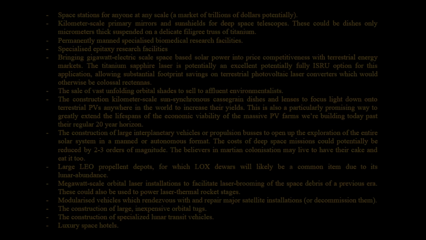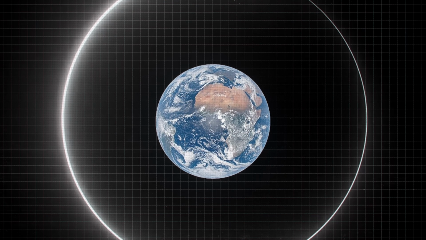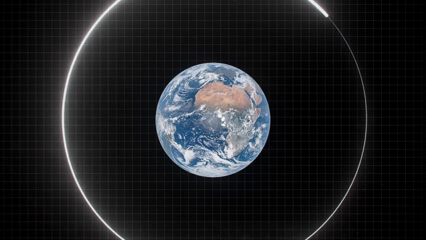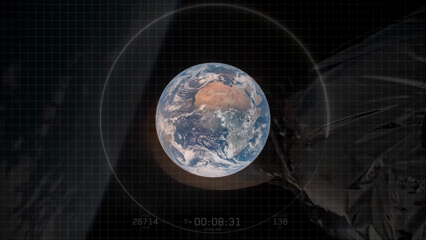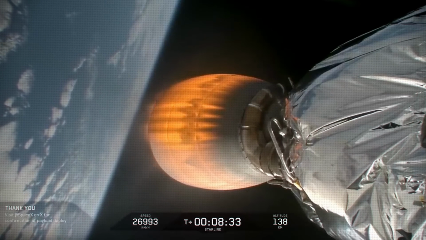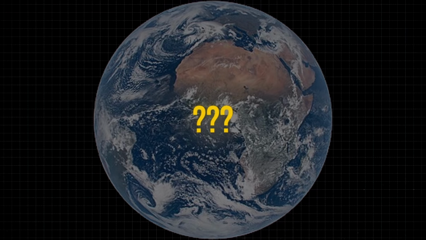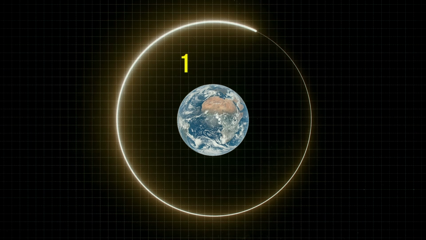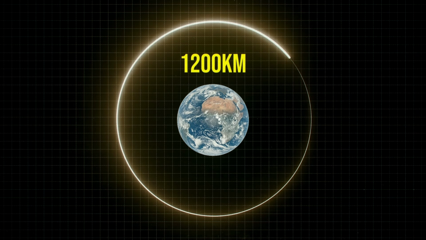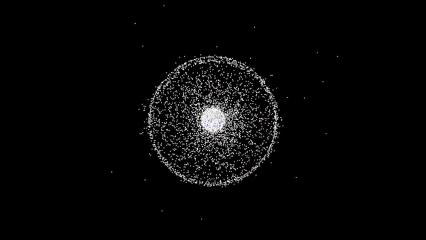But we can't just say low Earth orbit. Low Earth orbit is a big place, so we have to define exactly where in low Earth orbit we should aim for. And we picked low Earth orbit because we said that's where the demand is, so where in low Earth orbit are the customers? Well, they're all mostly between 550 to 900 kilometers in altitude, but I think we should go a little higher and position ourselves at about 1,200 kilometers because this is above the belts with the highest space debris and atmospheric